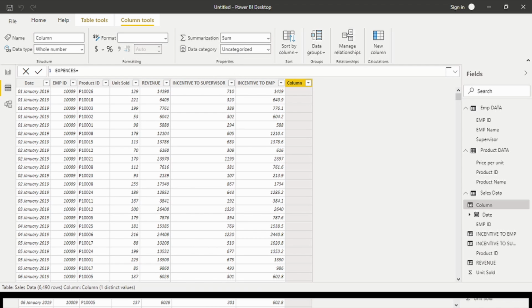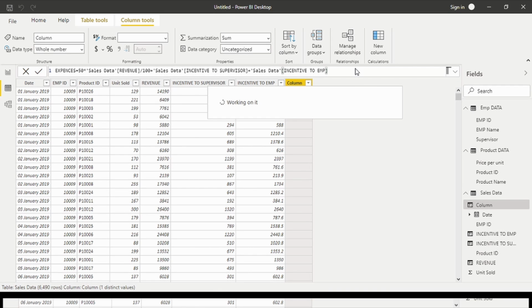So expenses is nothing but 50% into sales data revenue divided by 100, plus the incentive to the supervisor, plus sales data incentive to employee, because in expenses we include all the wages, incentives, all these things that we have to give to our employees, and payment for raw product material, all included here.